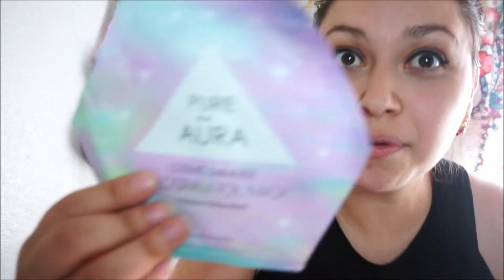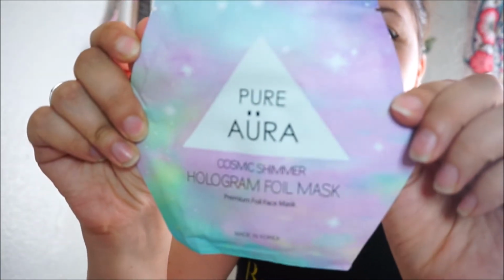Yep. The last one is Pure Aura Cosmic Shimmer Hologram Foil Mask. Premium Foil Face Mask. What? Made in Korea. Yes! K-Beauty item. Look at it. Pure Aura